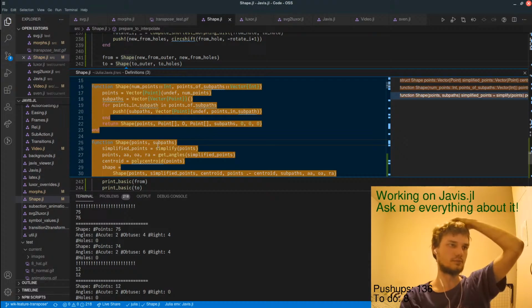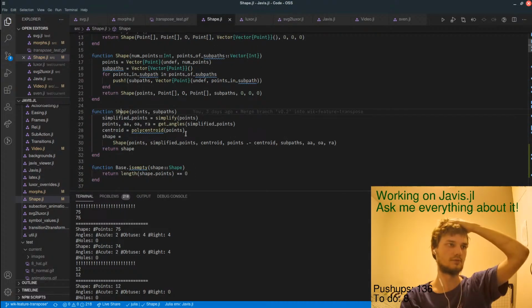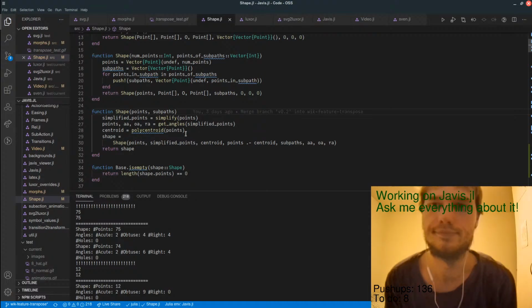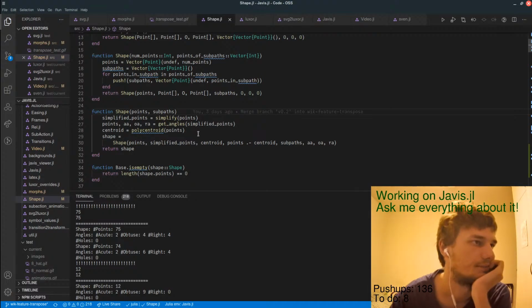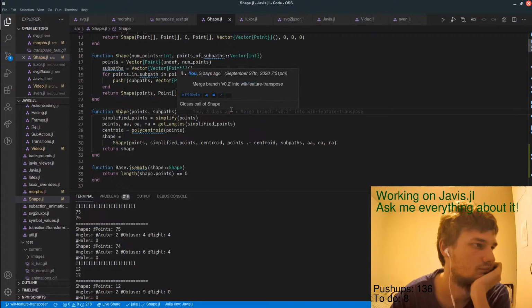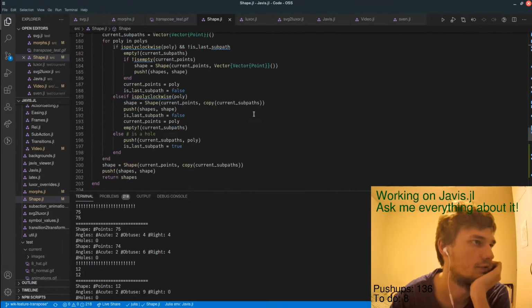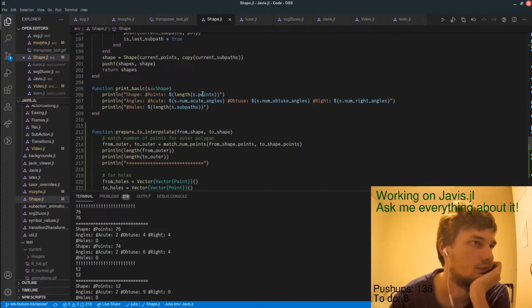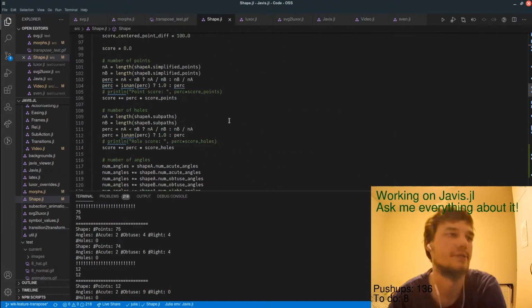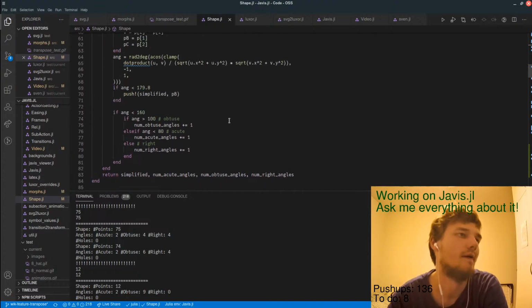So in this one, just print the number of points, not the simplified one. So where do I go from 75 to 75?